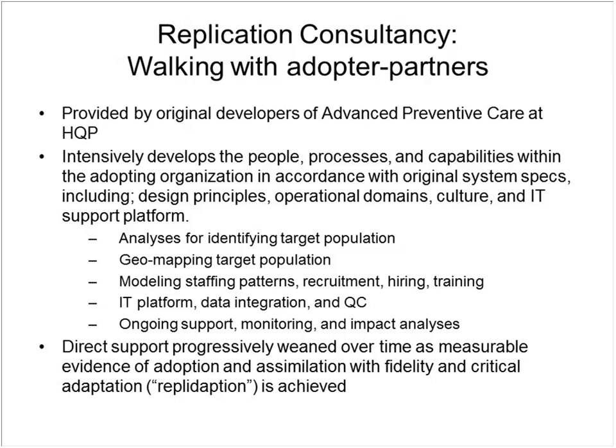help adopting organizations learn the model from a series of disciplined stages of orientation, from identifying the target population with them using their available data sets, geomapping that target population, modeling the staffing patterns that would be required to cover those populations in those geographies, integrating any data into the Sparrow IT platform to enable the organization to implement with